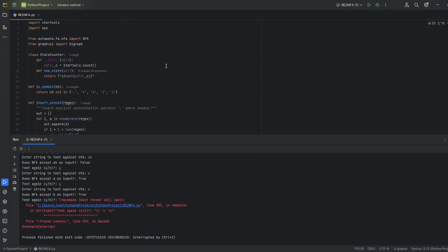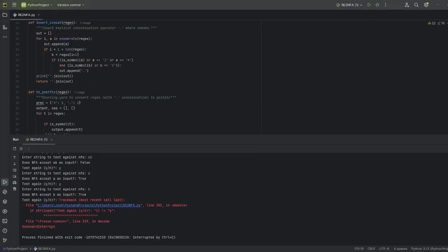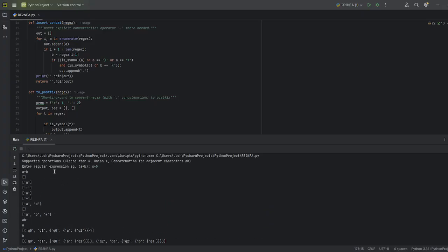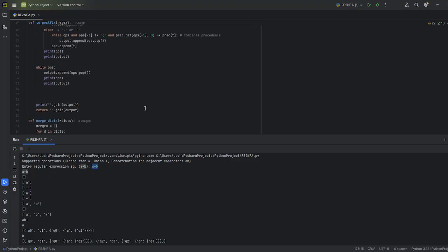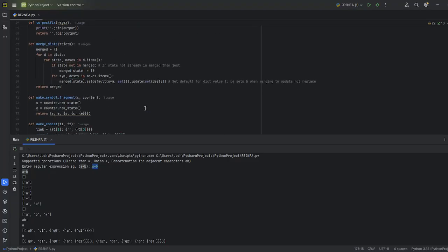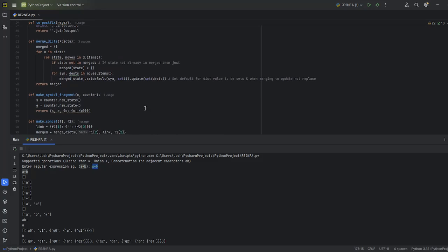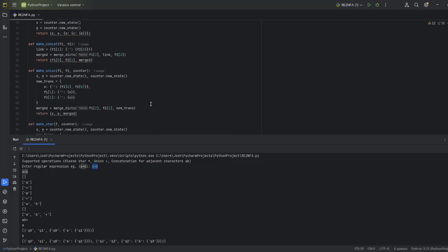A challenge I experienced here is that when receiving a user input, there had to be a way for me to handle parentheses and make sure to prioritize those before performing operations.